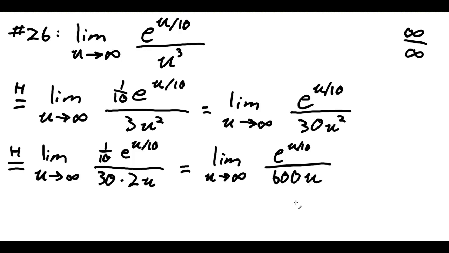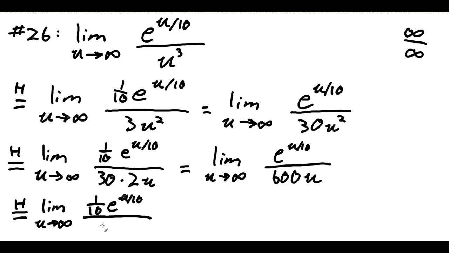All right. Well, we're getting somewhere. We see these numbers keep growing, which might be concerning to you, but also notice that the powers on u keep dropping. So we're almost there. This is still infinity over infinity, but one more step should do it for us. Once more, the derivative of that, we have 1/10 e to the u over 10, divided by 600. And if you want, you can simplify this, move this 1/10 down to make the 6,000 in the denominator, but